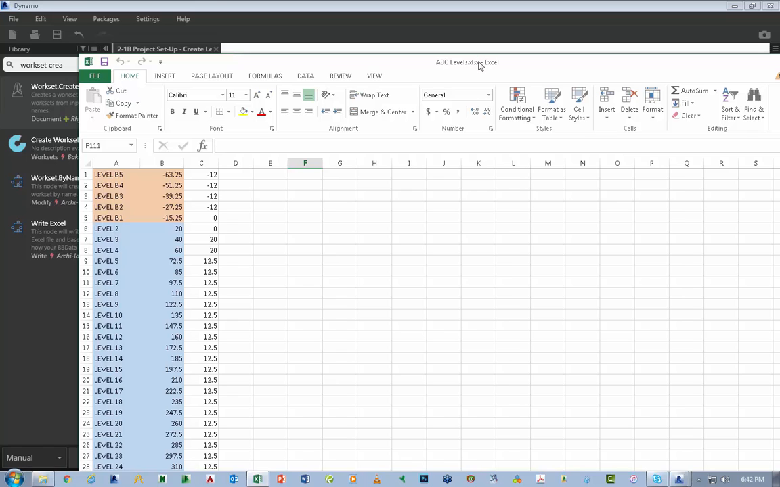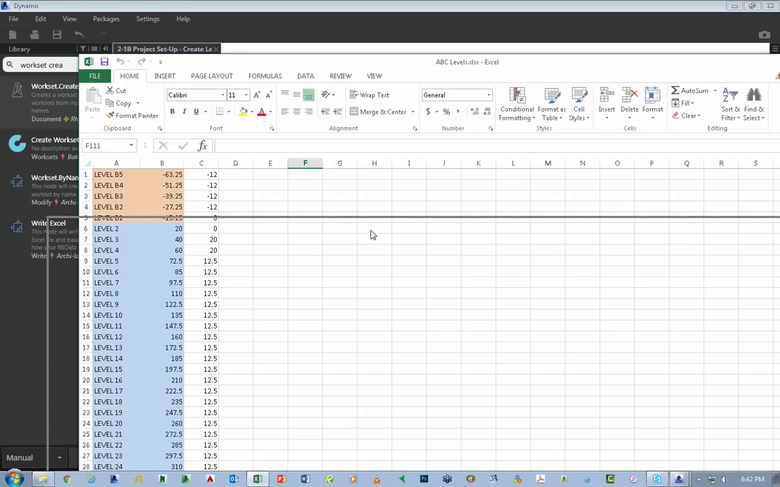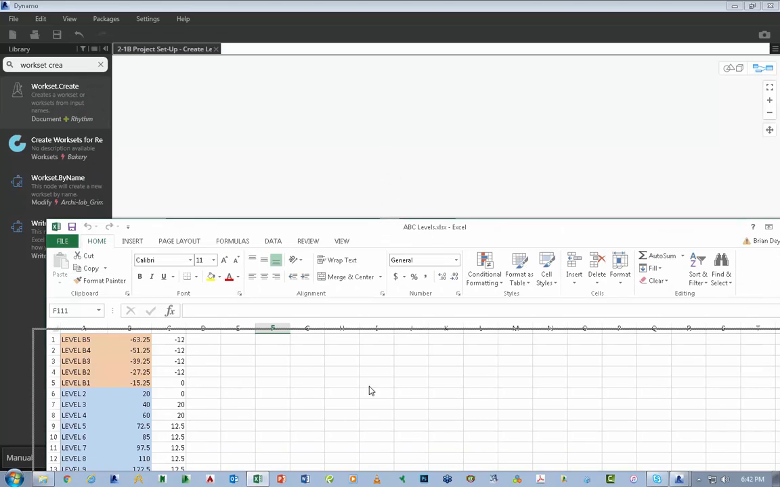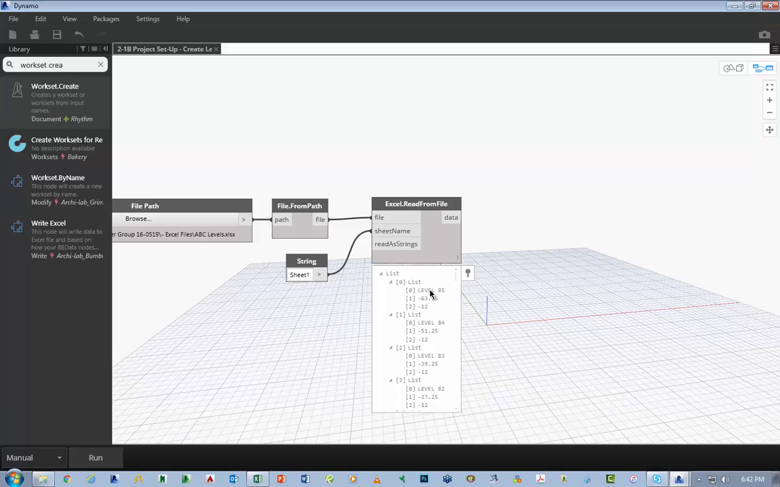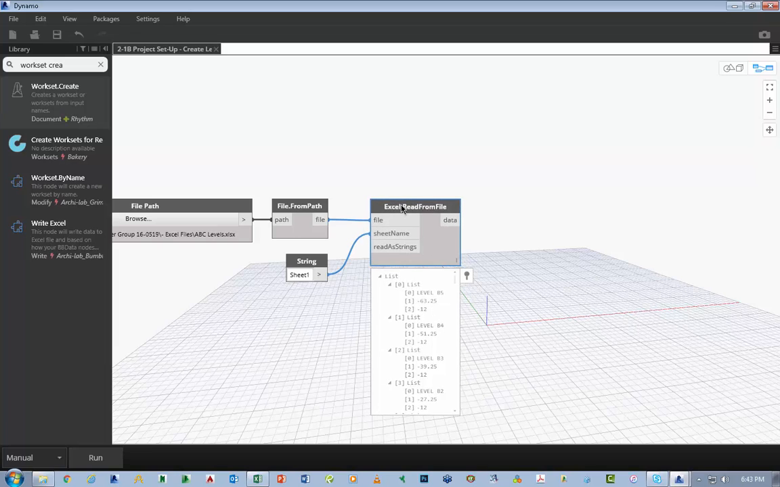This file was created specifically for this demo, however, so it's slightly easier to work with. But what I'm going to do is read this Excel file, and the first thing I need to do is, once again, transpose the list, because unlike the last time, I need just the list of the level names, just the list of the elevations. And so what I'm going to do is transpose the list,